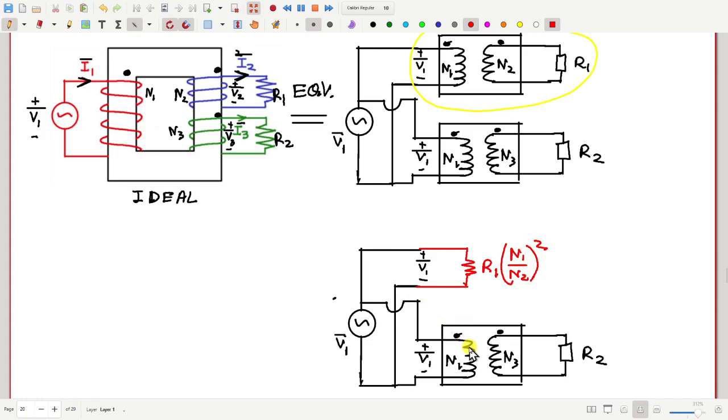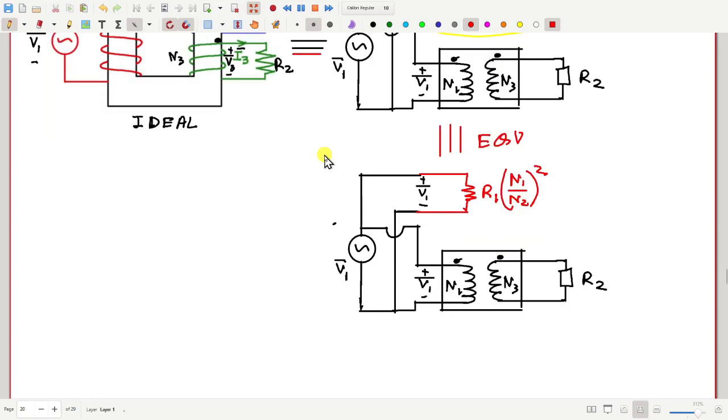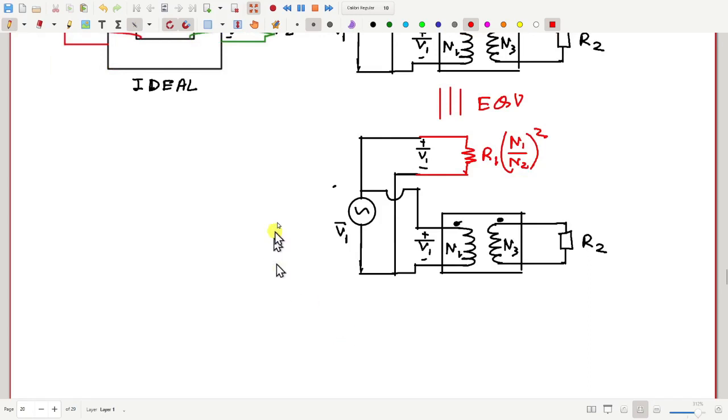Then this is also equivalent as seen from the source side. Very simply speaking, this is equivalent to